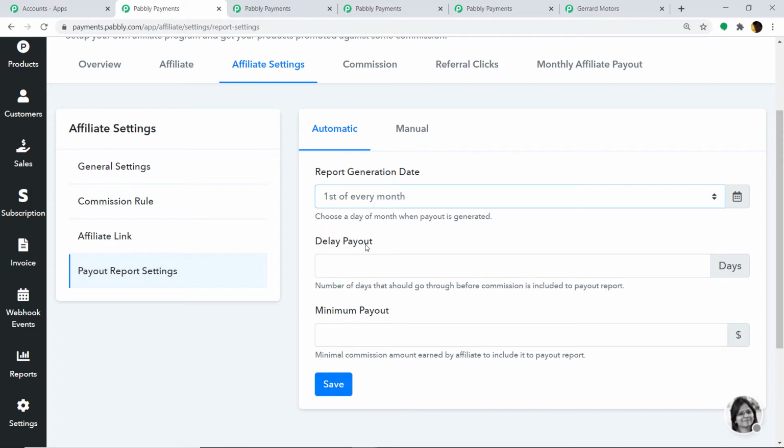So to avoid these circumstances, Pabbly introduces the delay period, where you can wish to pay the affiliate only after some certain days. In my case, I wish to keep the delay period a little more than the refund period. For example, if the refund period in my case is 30 days, I will keep the delay period as 31 days. So I'm keeping the delay period as 31 days. You can use your own discretionary powers to keep the delay payout according to your wishes.